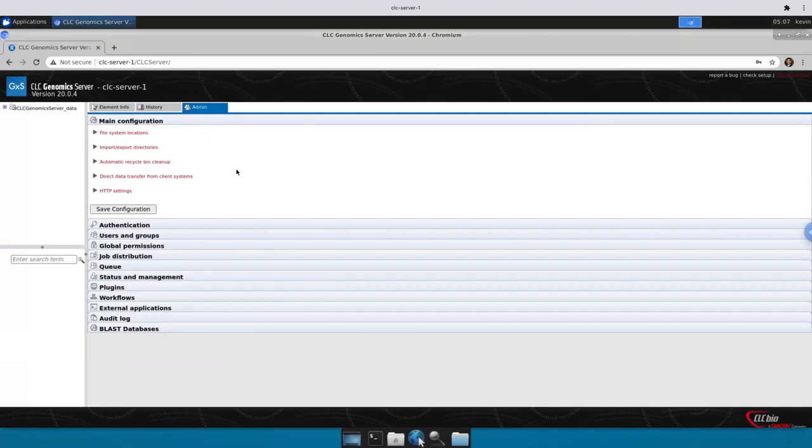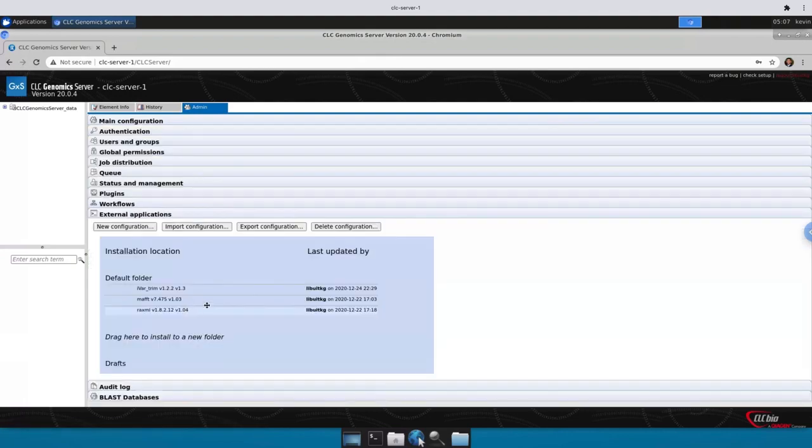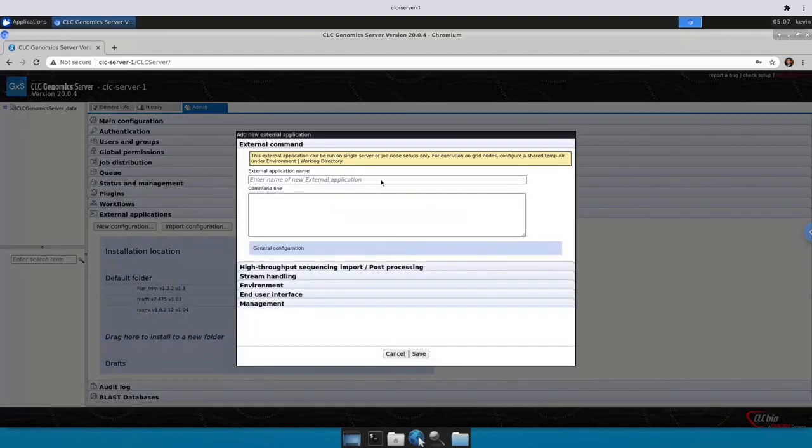So from this admin page, we can again go to external applications. I, of course, already have my MAFFT application here, but I'm going to go ahead and open up a new configuration to walk you through the same process that I did to make mine. All right, so for the application name, I'm going to go ahead and call it MAFFT version 7.475. And in the command line, we're going to go ahead and input the shell script with the two positional arguments, the first of which being the multi-FASTA input, and then the second of which defining the anticipated output